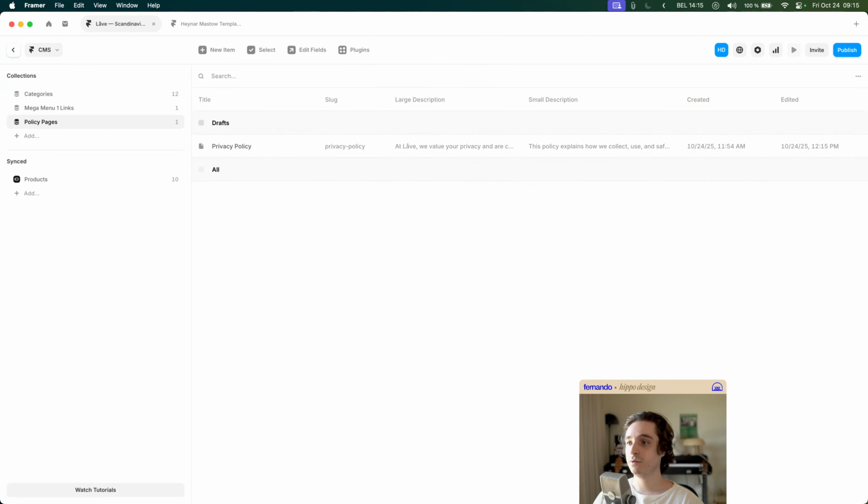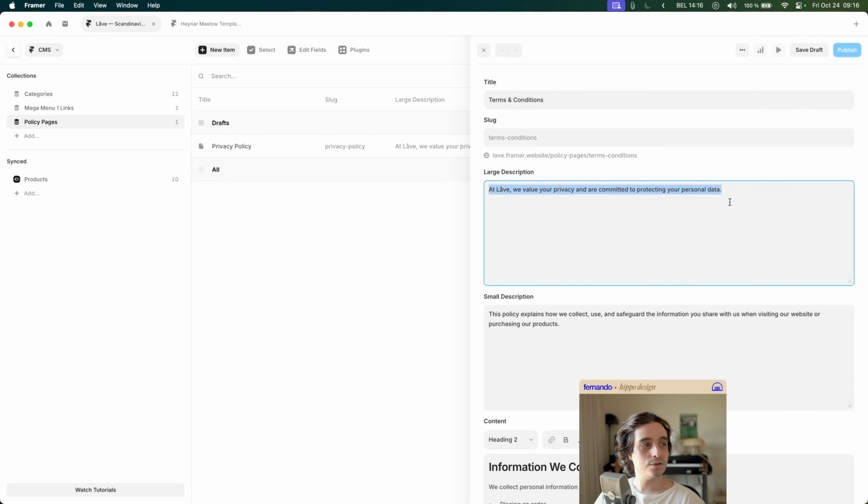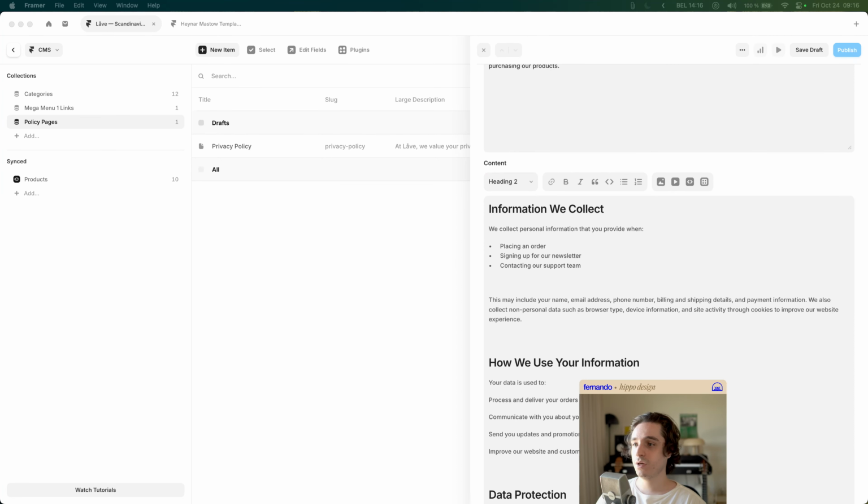I'm gonna really quickly go ahead and connect our CMS data. Privacy policy, general terms and conditions of sale. Usually it's just called terms and conditions, right? So there we're gonna have